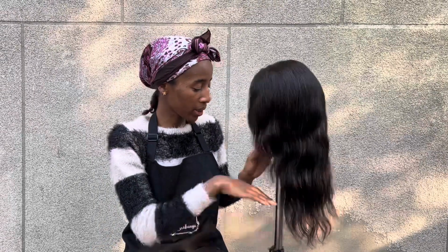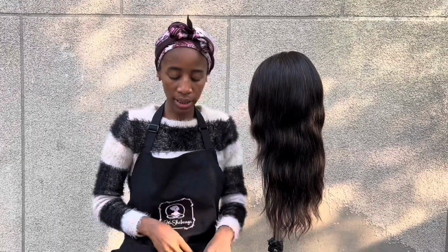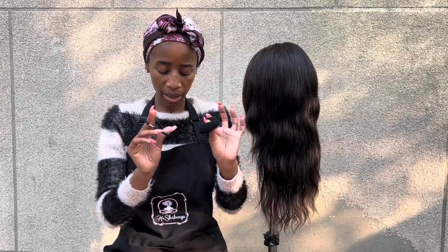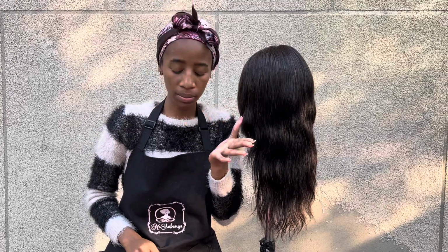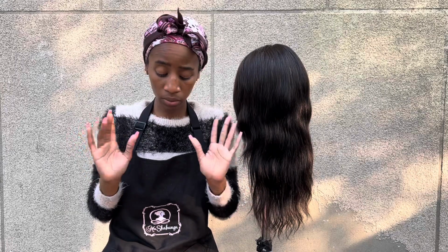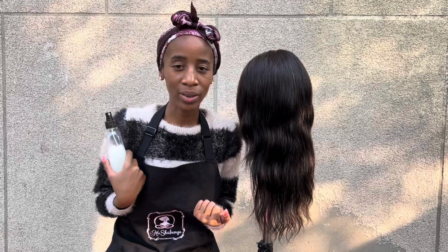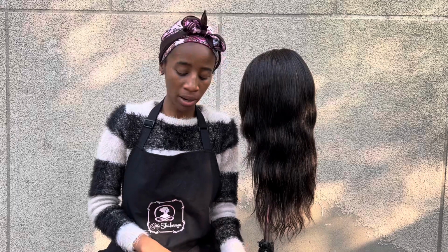You're going to need, obviously, a mannequin head as well as your wig stand, right, as a support for the mannequin head. You're also going to need your hairbrush, right? I also have here 2 hair bands to help me secure the hair, but ideally I'm supposed to use hair clips that I am too lazy to go and dig for in my boxes, which I'm not going to do. You're also going to need a mixture. This is water and conditioner. You guys know this is my famous mix, right? I always have this. I like to hydrate my hair before I actually put on my rollers,